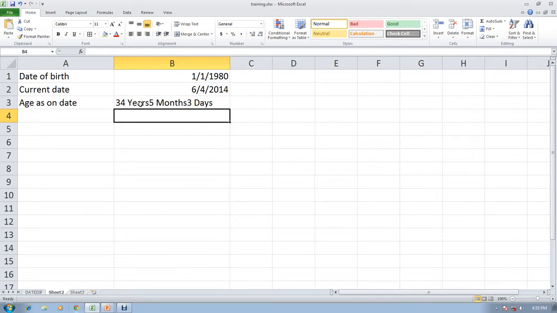Once again I will demonstrate how the formula is working. DATEDIF, and function B1 and B2, cell 1 and cell 2, because you require the difference between these two dates as your age here. So B1 and B2, and then you require years as output, and then close, and then the text you want to appear is years, and then DATEDIF, subsequently months, subsequently days, with some change of ym and md.